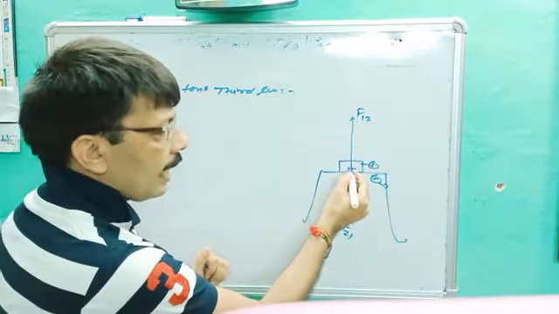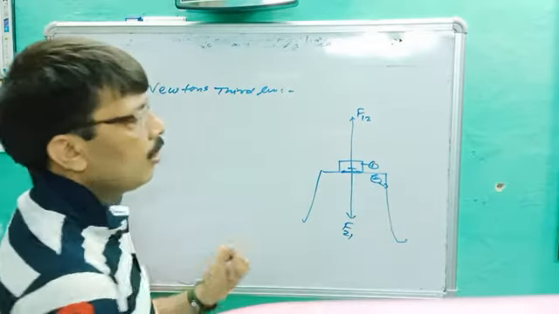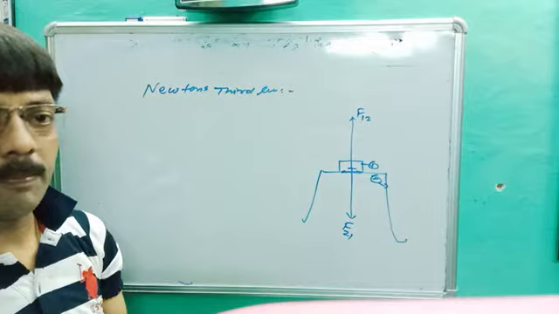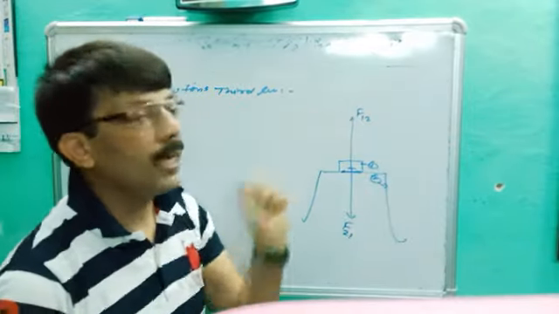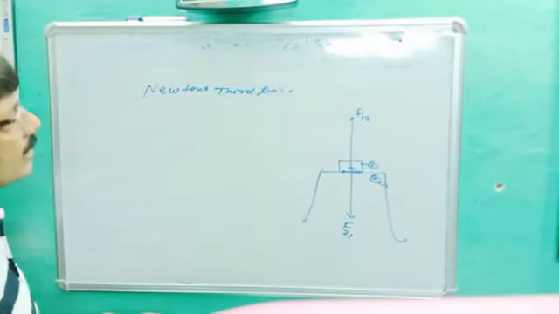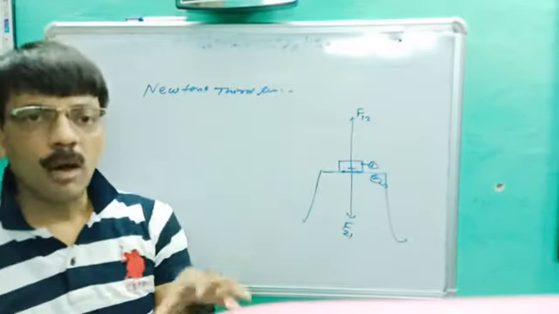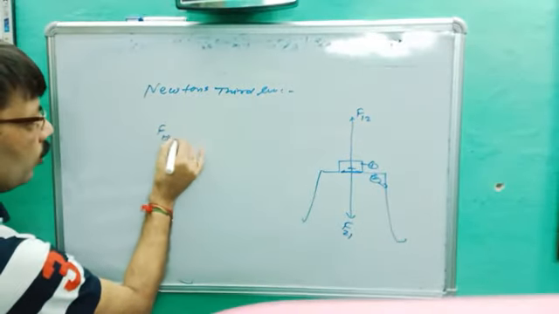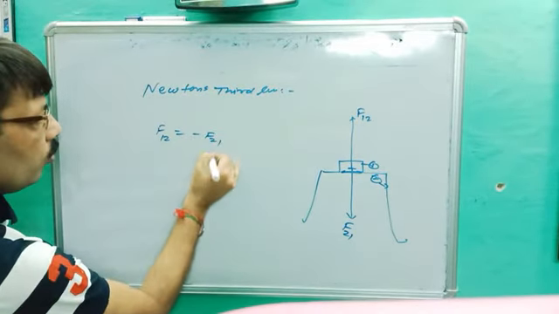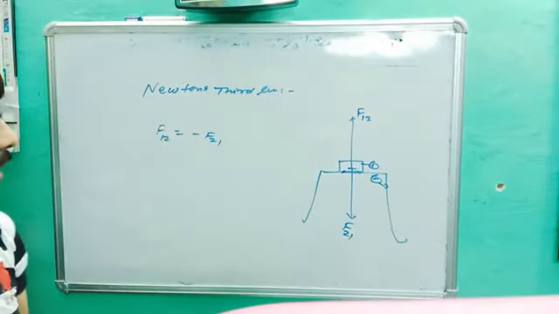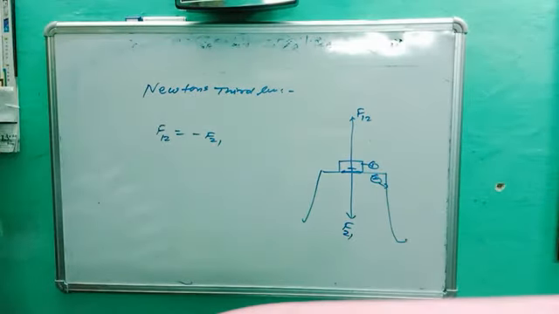Reaction. Are both acting on the same surface or different surfaces? Action and reaction work on different surfaces, but they are a pair of forces. So according to this, every action has an equal and opposite reaction, and F12 is equal to minus F21. Okay, so there are some points here.